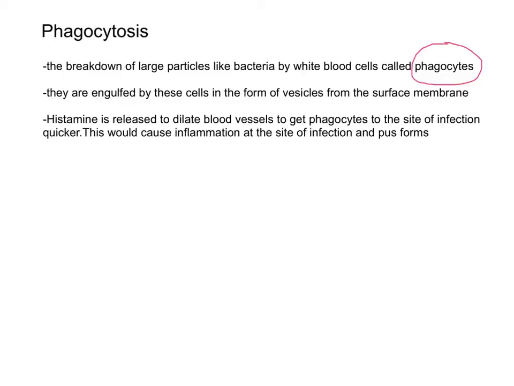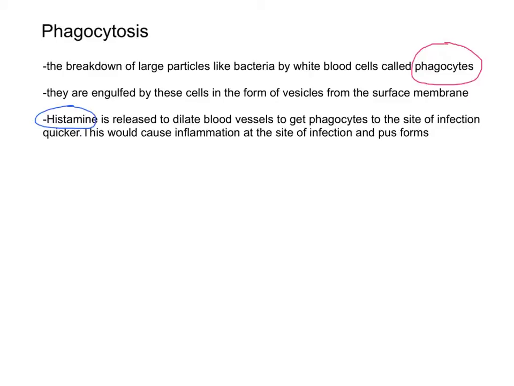Now if we did have an infection, ideally you want as many phagocytes getting to that site of infection as quickly as possible. So the body responds by releasing histamine. So we release histamine, and that dilates the blood vessels, and it will allow more of these phagocytes to get to that site of infection. Now that's what we know as inflammation. So when we get inflammation, that's what's happening, and you get